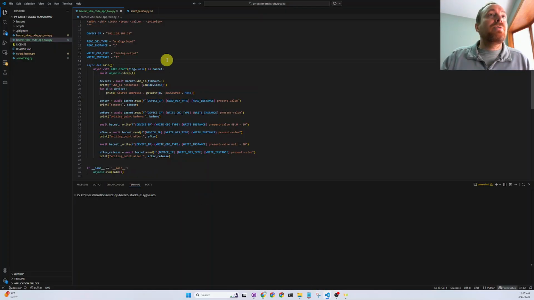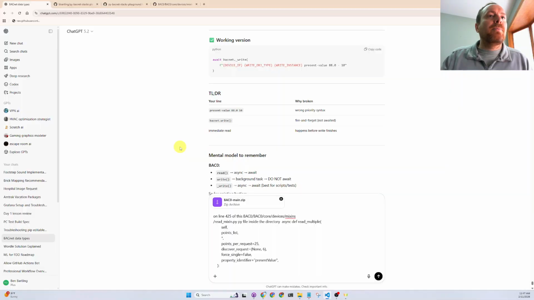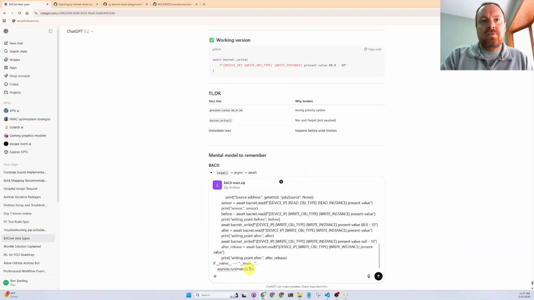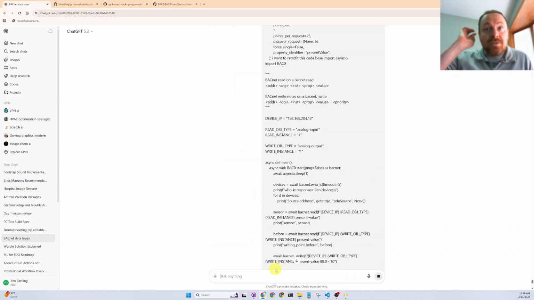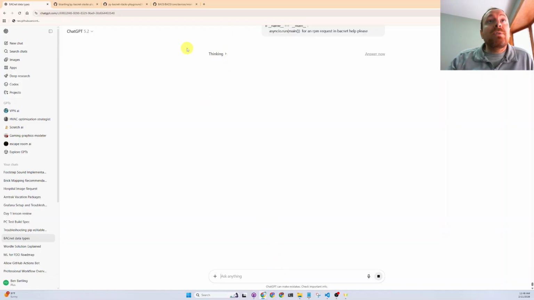So here's our Vibe Code 2 app. I want to retrofit this code base for an RPM. So this is like a read multiple request, I think sometimes people say. BACnet. Help, please. Okay. So while ChatGPT mulls over this information of the source code, which is pretty cool feature,